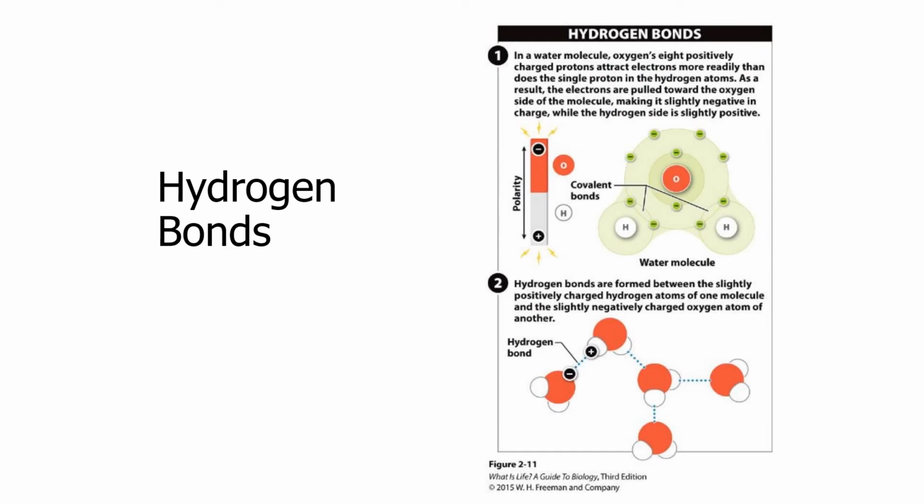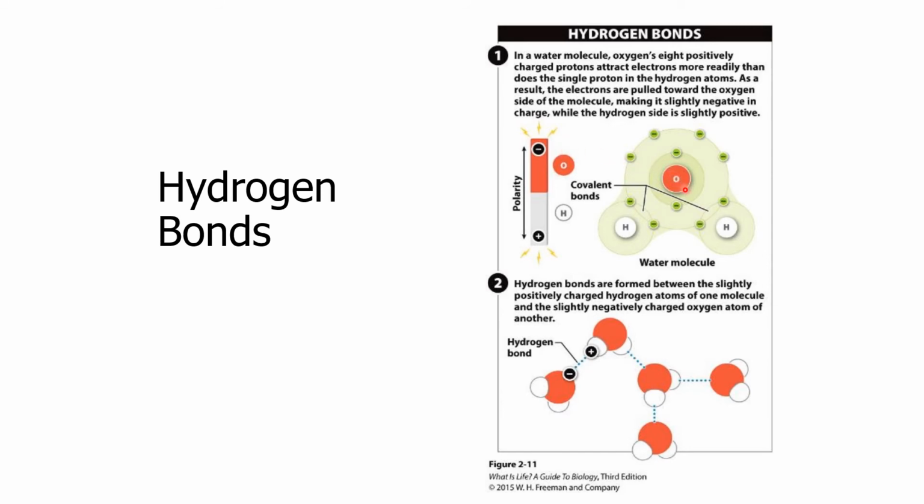There's a third type of bond called hydrogen bond, and a hydrogen bond is basically when you have a positive hydrogen ion bound to another negative ion. So we kind of drew already water together. So water is an oxygen bound to 2 hydrogens, and remember how we said oxygen bound to 2 hydrogens, those are going to be covalent bonds, but they are polar covalent bonds because the oxygen, as you can see, is kind of more greedy. It's trying to pull the electrons more towards itself. We refer to it as it has a high polarity,